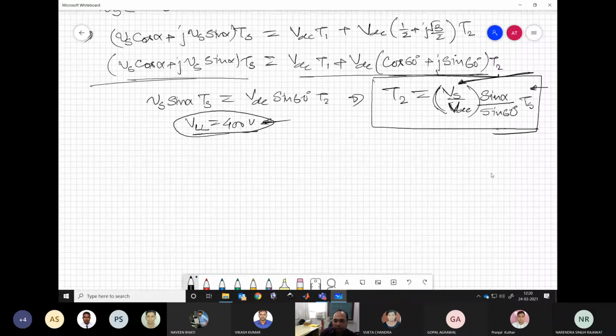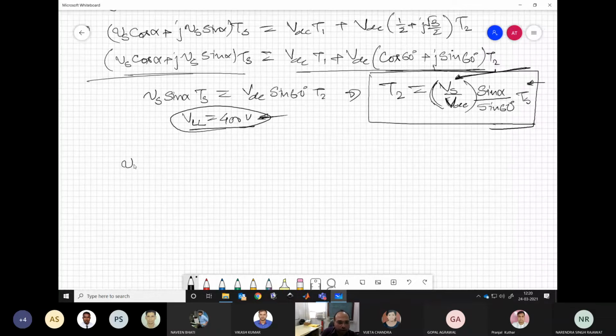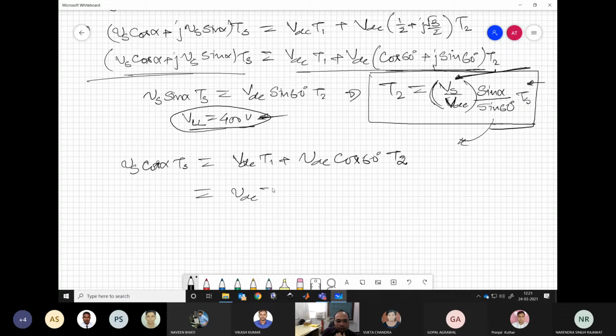Now similarly, if we equate the real parts, we will have Vs cos alpha Ts equal to Vdc times T1 plus Vdc cos 60 times T2. Then T2 you can plug in from this expression, and VDC will cancel out. We'll have Vs sin alpha cos 60 and then divided by